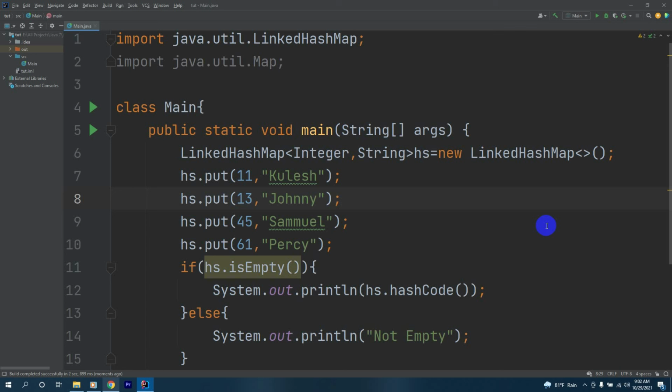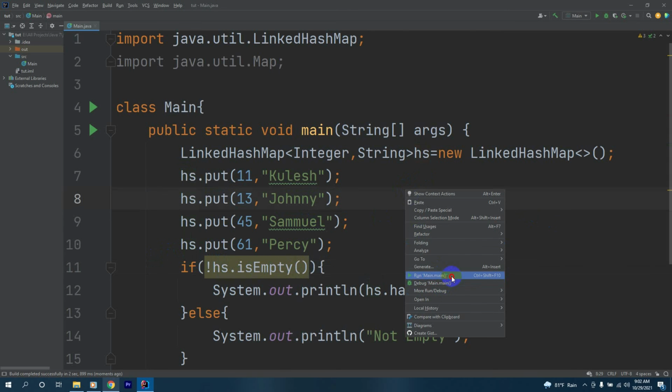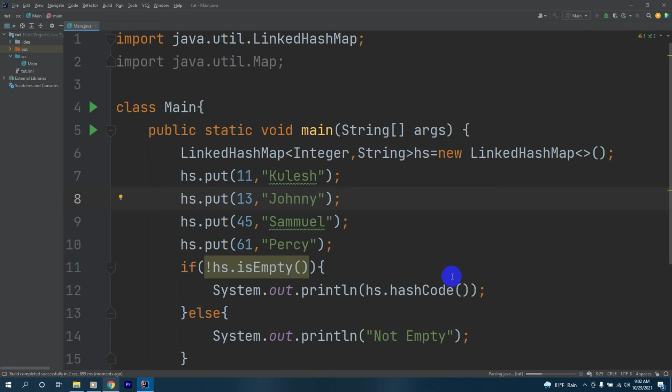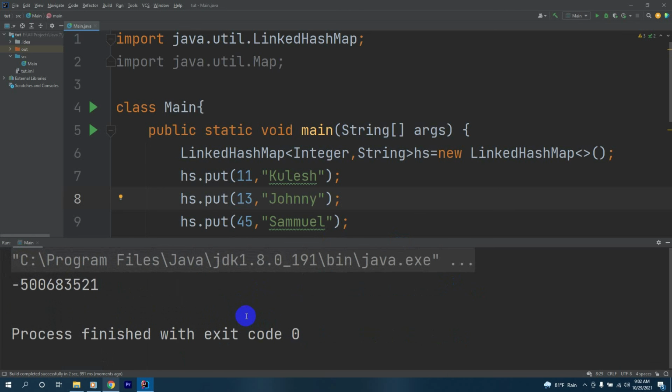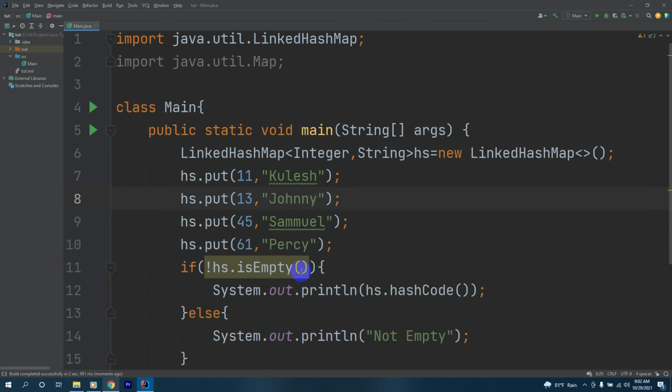If it doesn't have any values, we will get our hash code. To get the hash code, we will negate this hs.isEmpty and check the output again. Now we got our hash code for our linked hash map. That's the output for our example about the isEmpty method and the hashCode method.